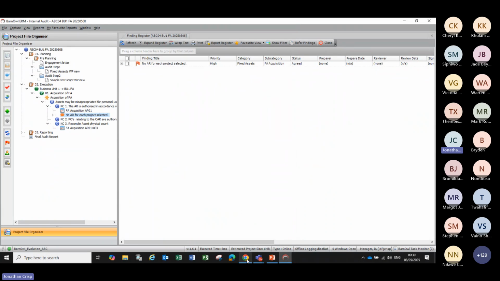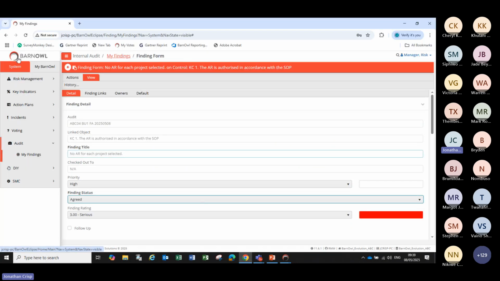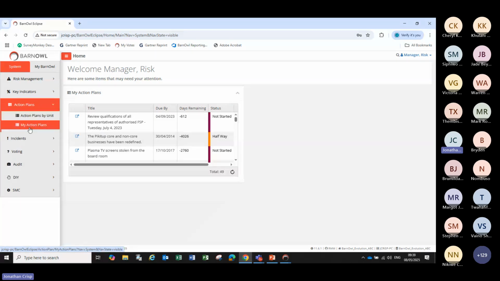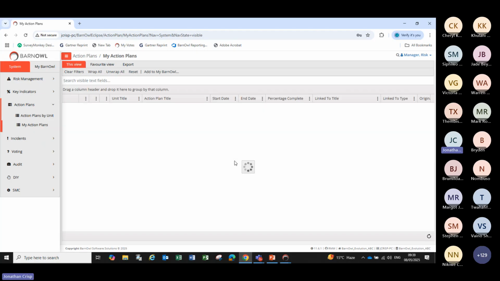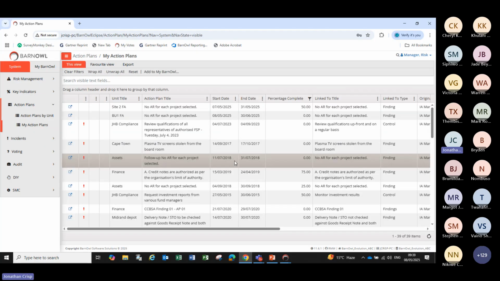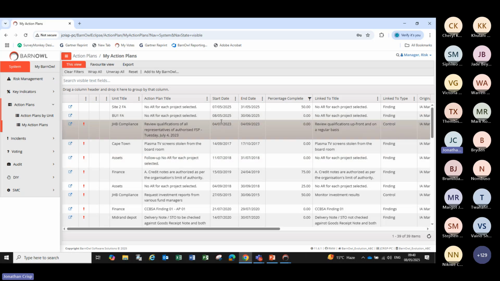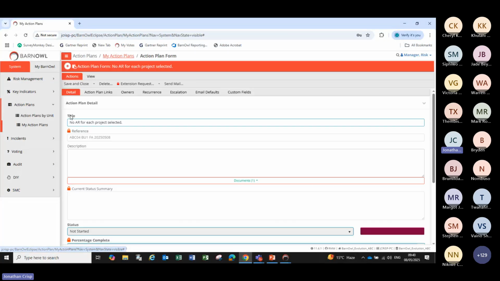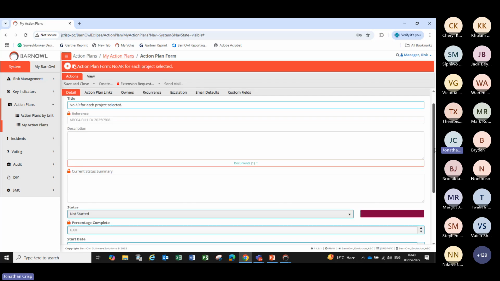So if I'm now the auditee and I go to my home page, you will see, if I look at my action plans, this has always been here. So I can go and say, my action plans. And you will see, if I can find it, it's that one there. BU fixed asset 1 is the unit. No asset register. That's the finding. I mean, that's the action plan. So if I open this action plan, I would then be able to go and